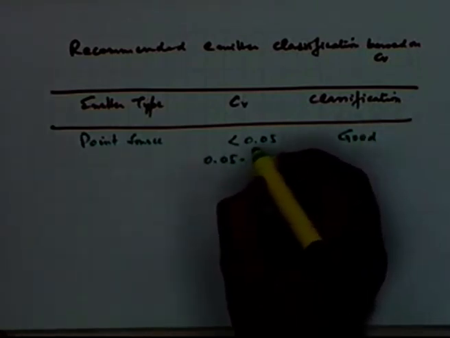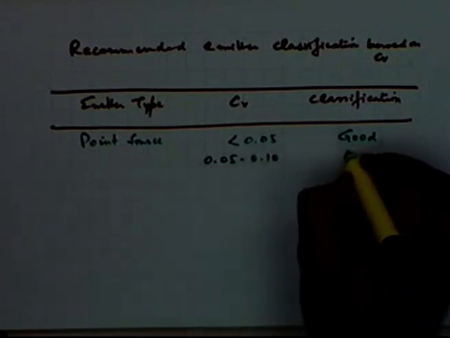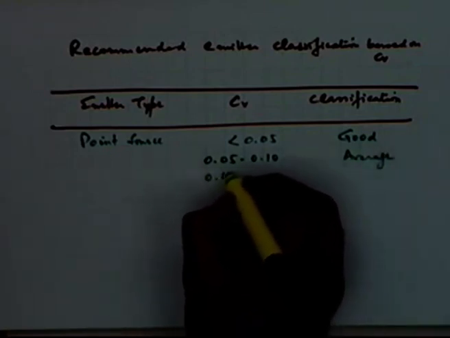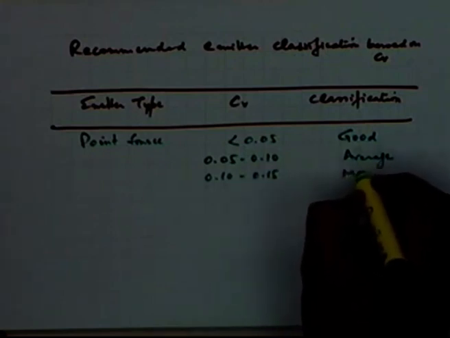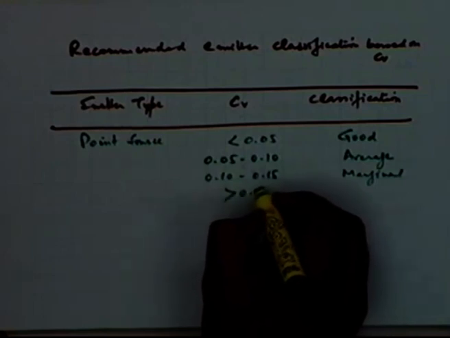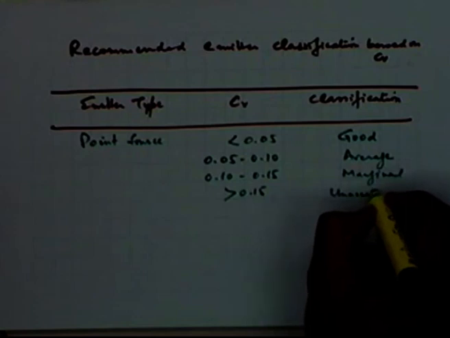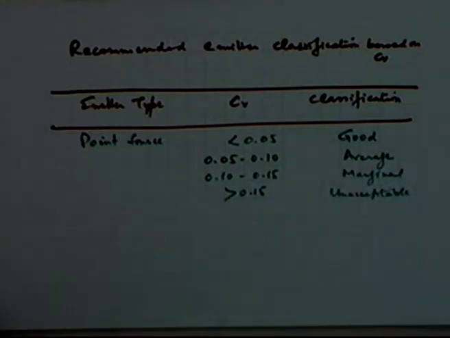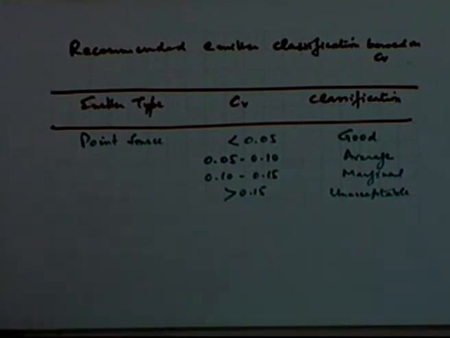If it is between 0.05 and 0.1, it is average, 0.1 to 0.15 is marginal, and if it is more than 0.15, it is unacceptable. So, if your coefficient of variation is quite excessive, you shouldn't be using those